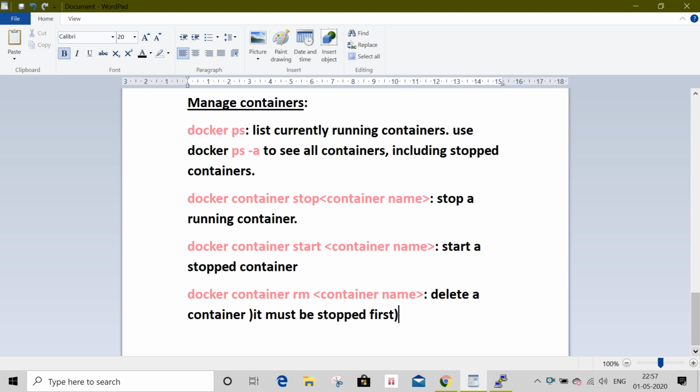It must be stopped first before you delete the container.